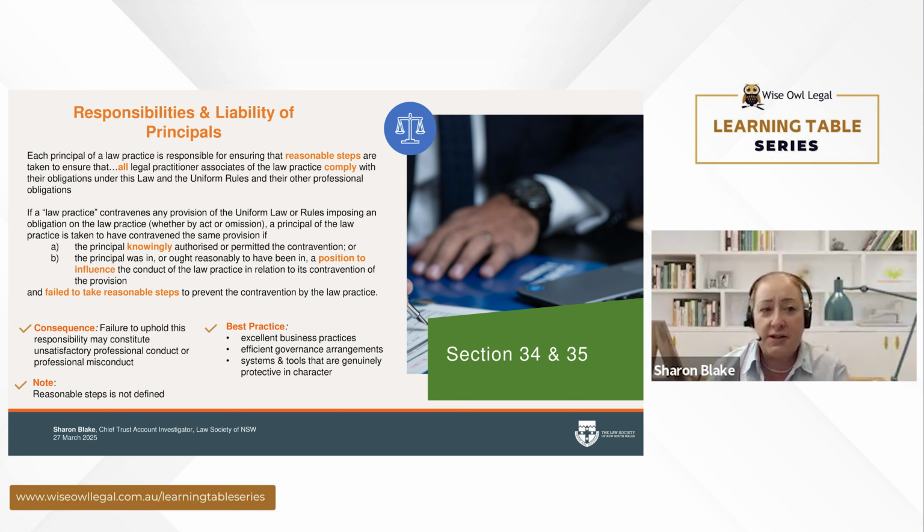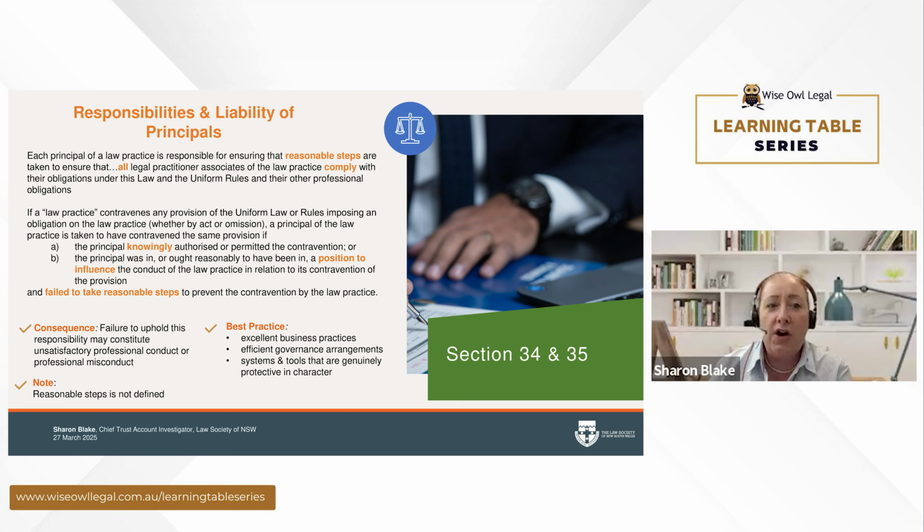Section 34 states that each principal of a law practice is responsible for ensuring that reasonable steps are taken to ensure that all legal practitioner associates of the law practice comply with their obligations. Under this law,